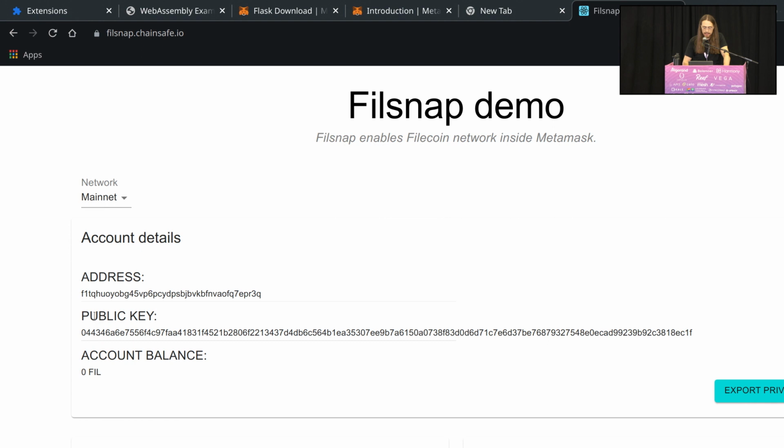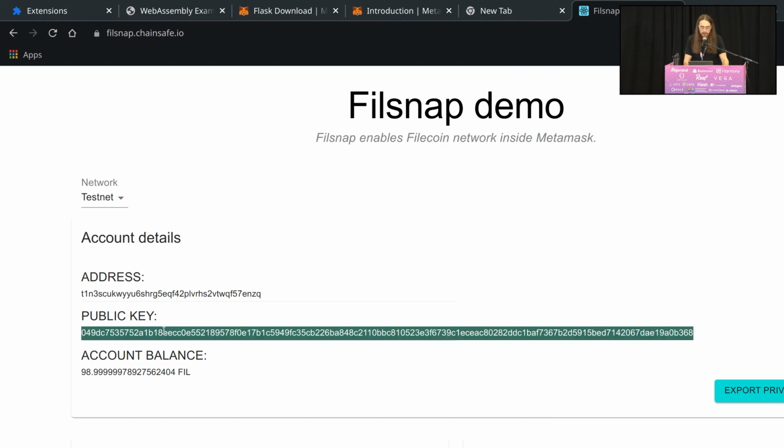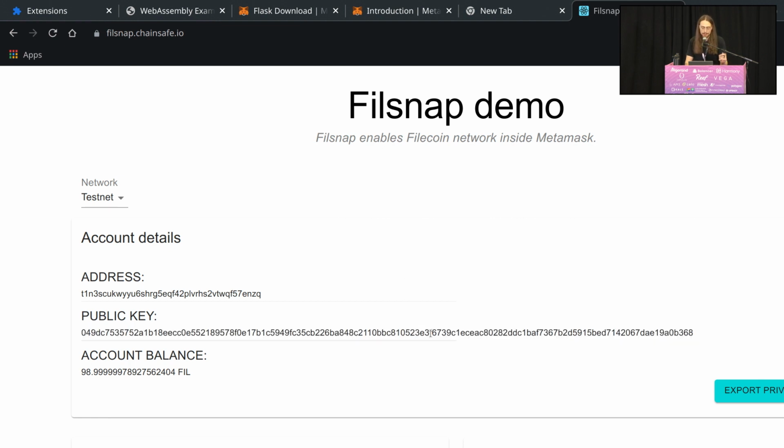but have some Filecoin to work with on the test network. All of this, this address is a valid Filecoin address, and so is this public key, and all of these were generated with Filecoin Protocol Labs crypto implementations running inside of MetaMask, and I have no idea how they work, frankly, other than that I can send transactions with them